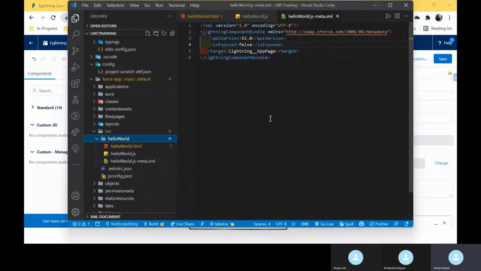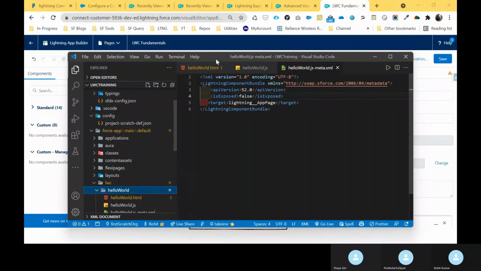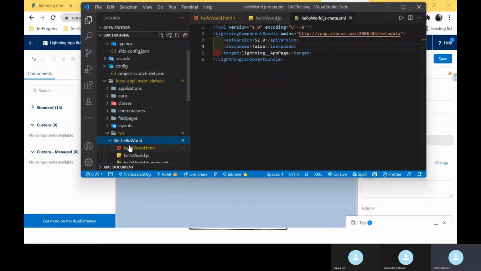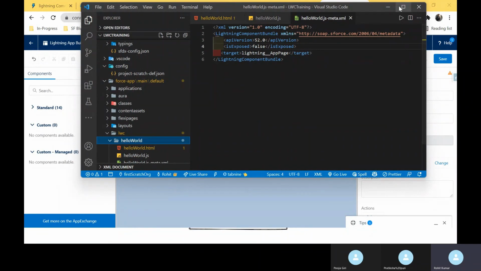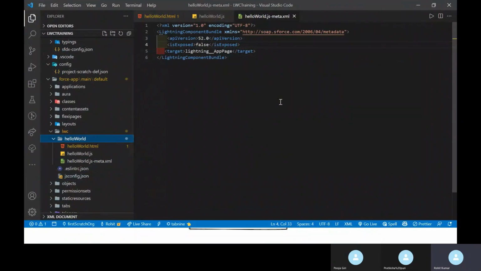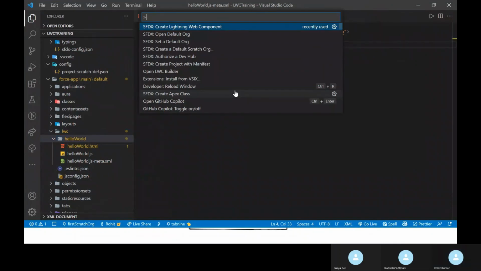Let me check this one. Okay, just right click, it's not showing me Deploy Source to Org, because it's a scratch org. So scratch orgs always work with the help of SFDX commands. So you have to search SFDX.